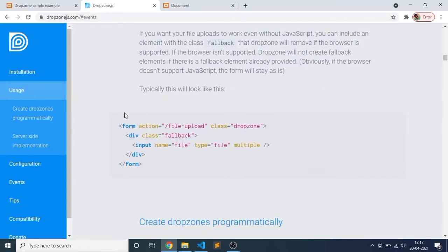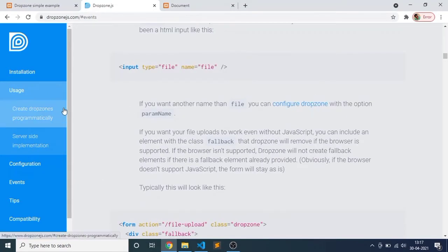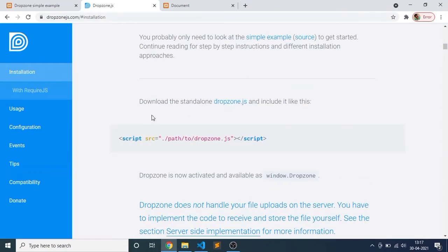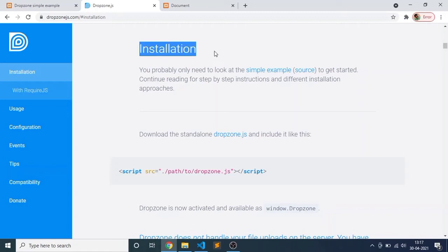So for this you can go to installation, and in the installation section you can see the source link.